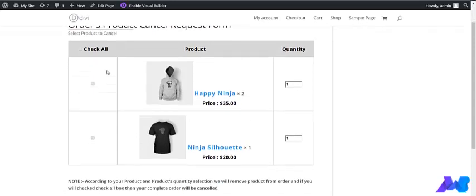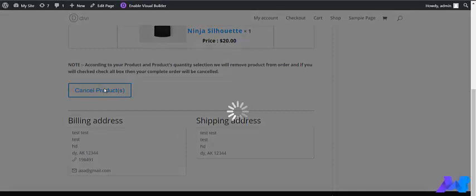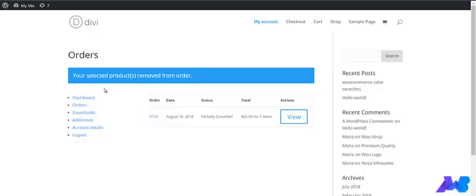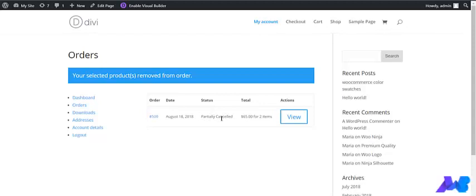So let me show you how it is going to happen. For example, if I select this product and click on cancel product. Okay, so the product has been cancelled, and here we have got the status of the order as partially cancelled because we had selected only one product to be cancelled.